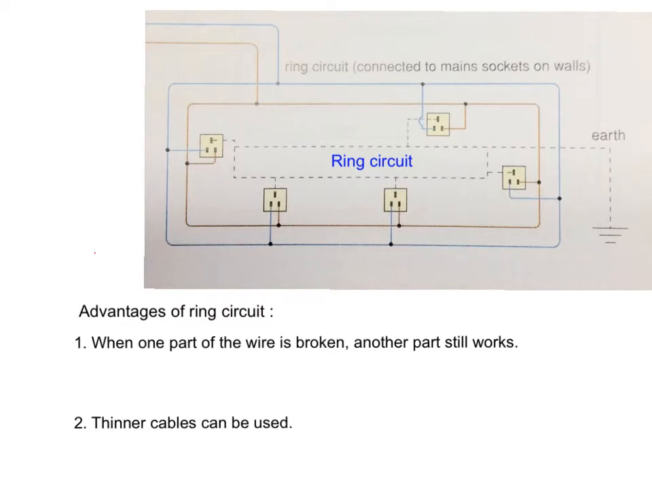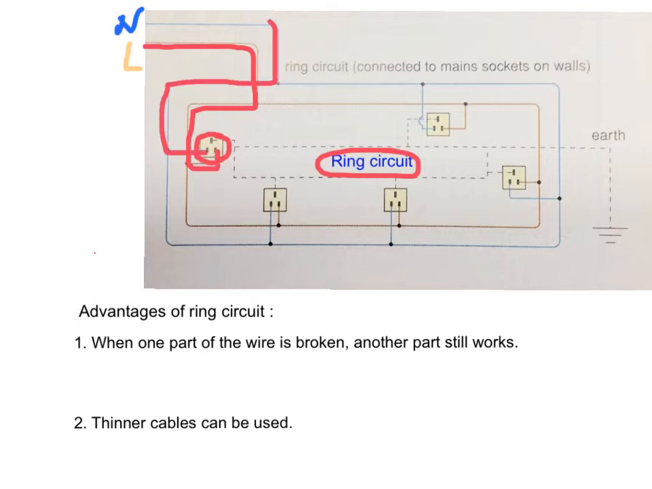The figure shows a ring circuit. When an electrical appliance is inserted into this socket, currents flow to the appliance through two paths. The first path is, and the second path is